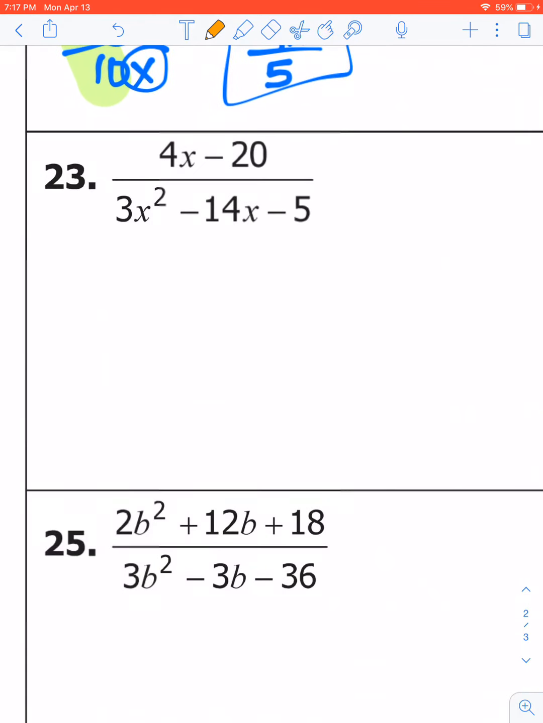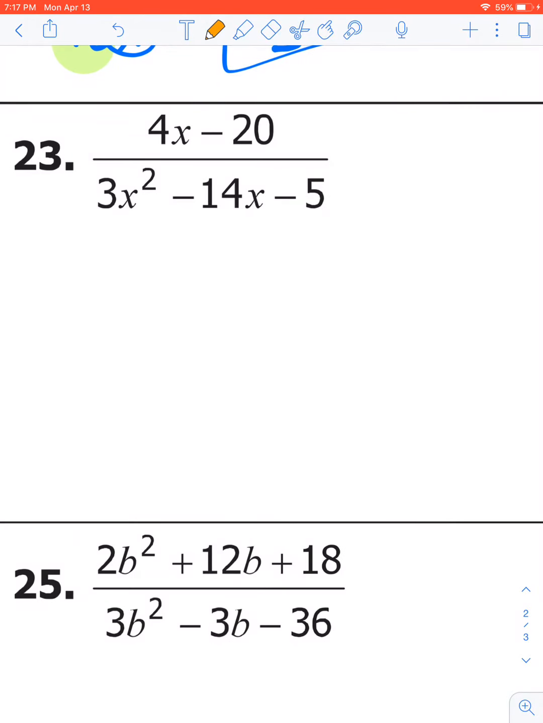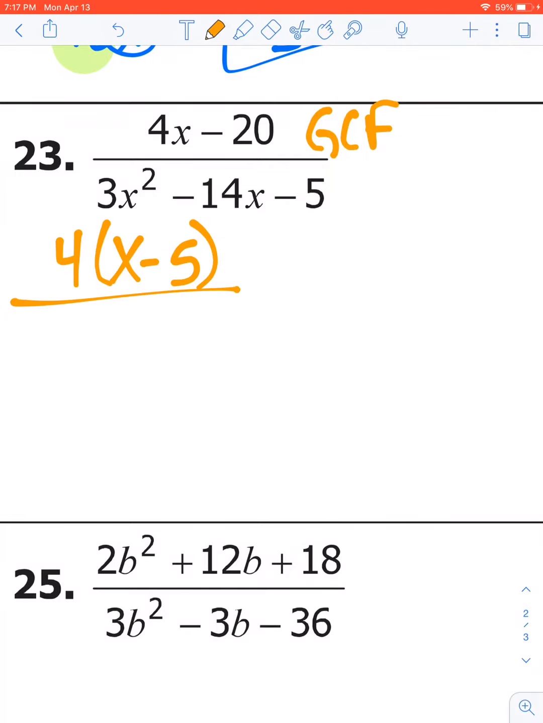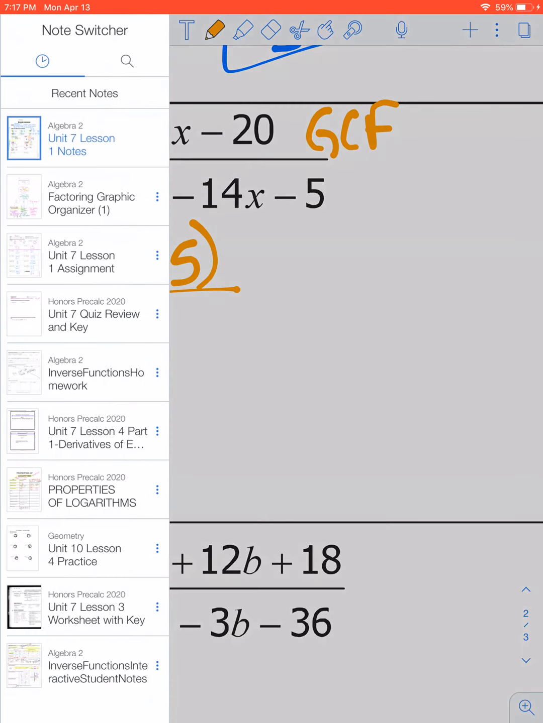Okay, here we go. 4x minus 20 over 3x squared minus 14x minus 5. The numerator is just GCF factoring. I can pull out a 4. All right, friends, here is the bottom. Here's what the issue is. When I look at the bottom,